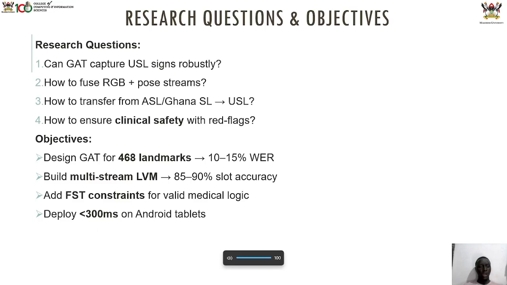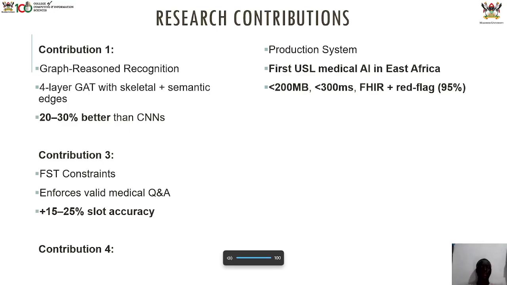And the objectives are to design a GAT that recognizes 468 body landmarks with a 10 to 15% error rate, achieve at least 85 to 90% slot accuracy, maintaining valid medical logic, and run in under 300 milliseconds on tablets. And the research contributions: we have the graph reasoning recognition, a 4-layer GAT using both skeletal